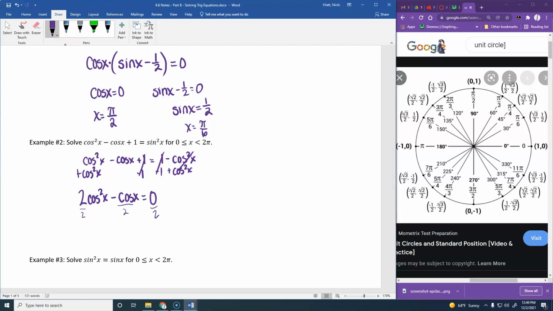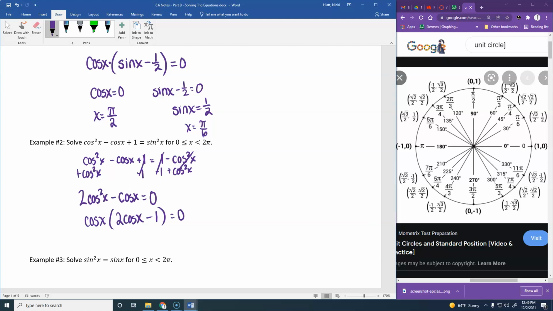So you'd end up with a 1/2 here. You could do it, but it's not going to get you anywhere. And more than likely, you're probably going to forget to divide that middle thing. So factoring out a cosine is the best thing to do. And so that gives us cosine x times 2 cosine x minus 1. When we factor it out,